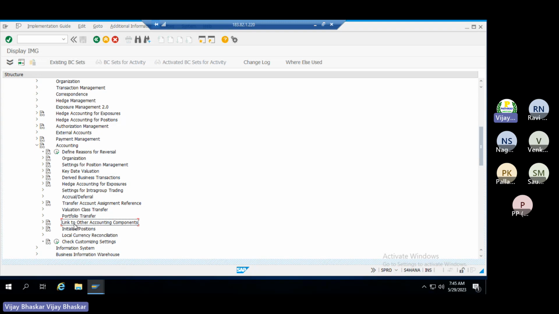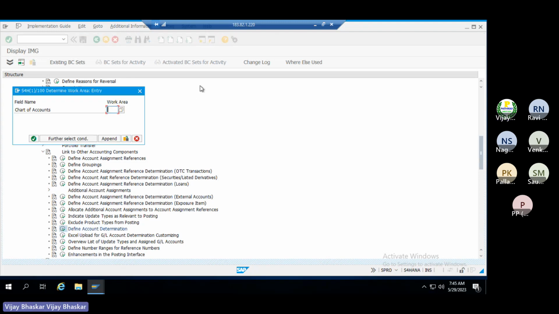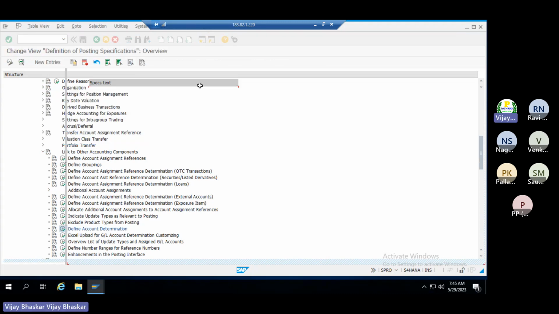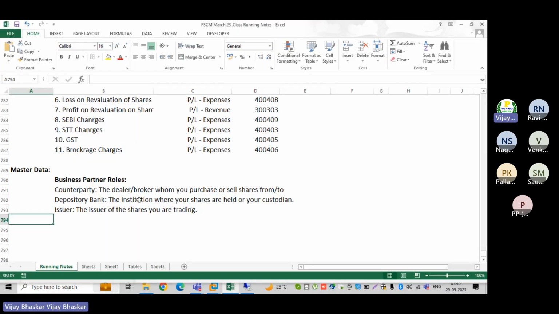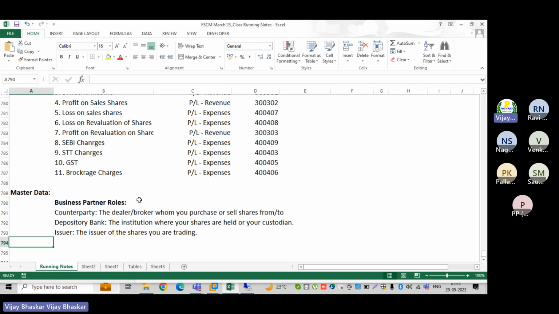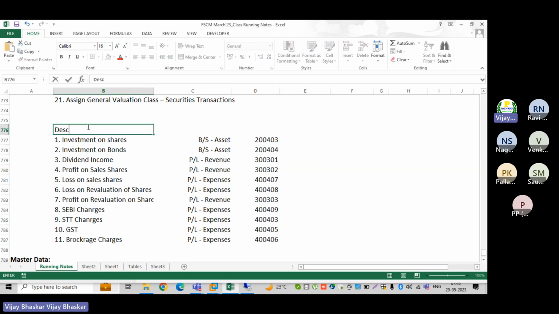Link to other account components. Come to the define account determination. Give the chart of accounts T001. Enter. Okay, so now before going to assign the account determination to the GL accounts, we'll do one thing here. Description